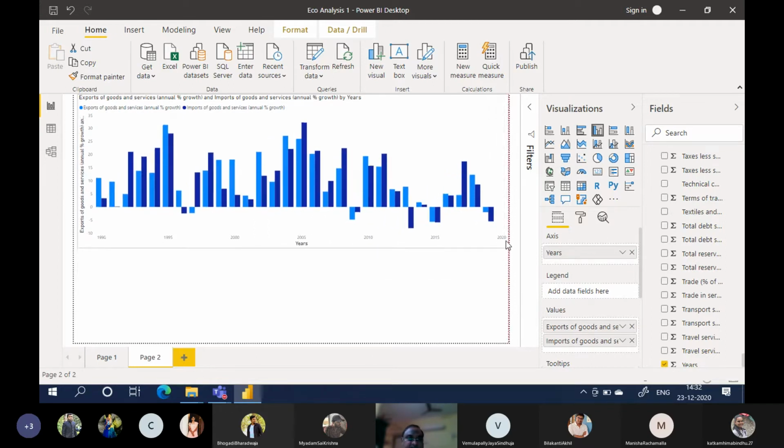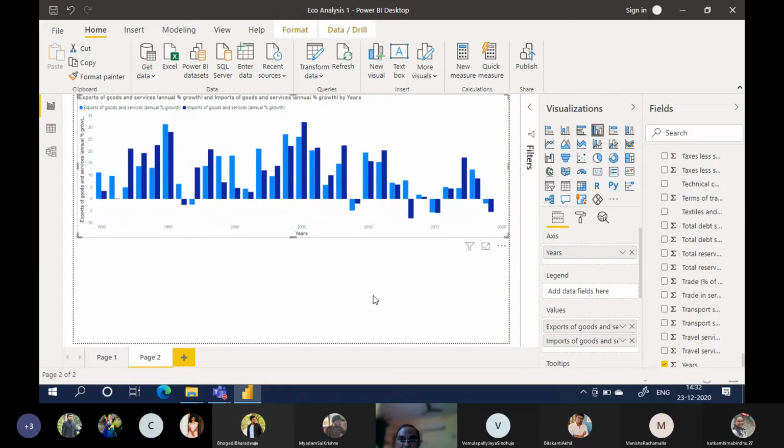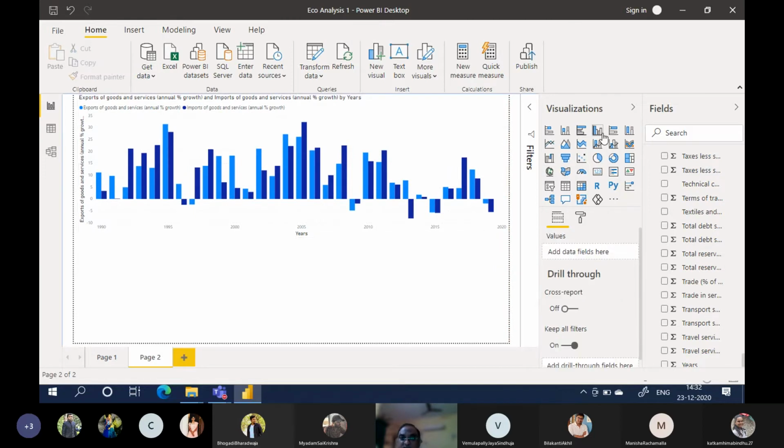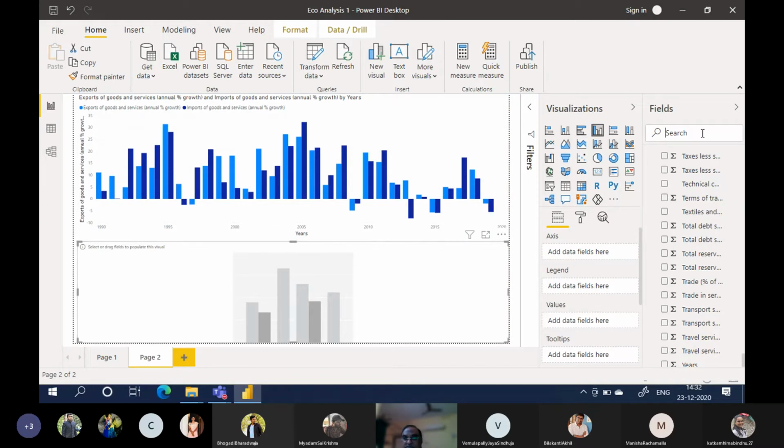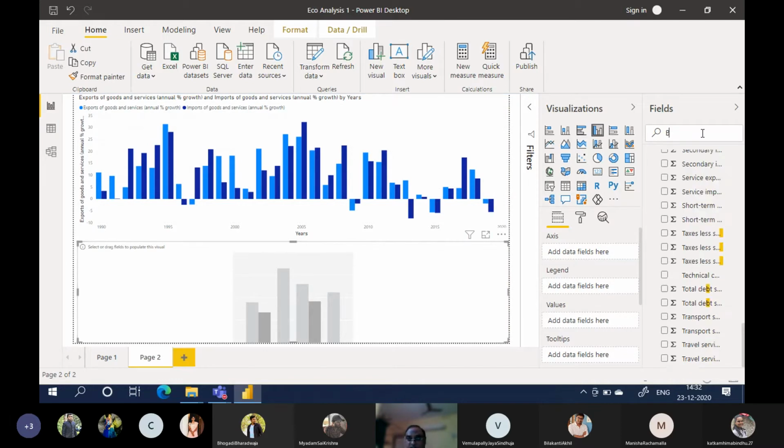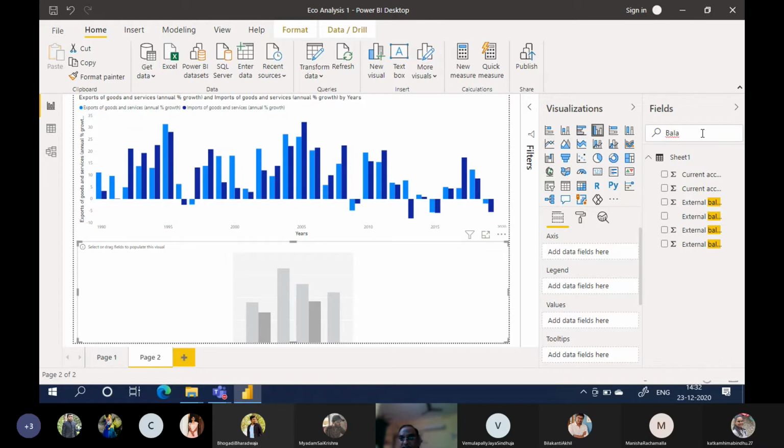Very interesting graph. And below, we will also create a balance of payments graph, your BOP.